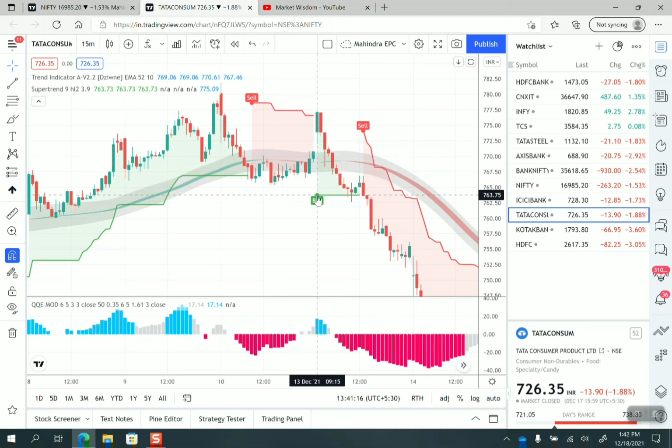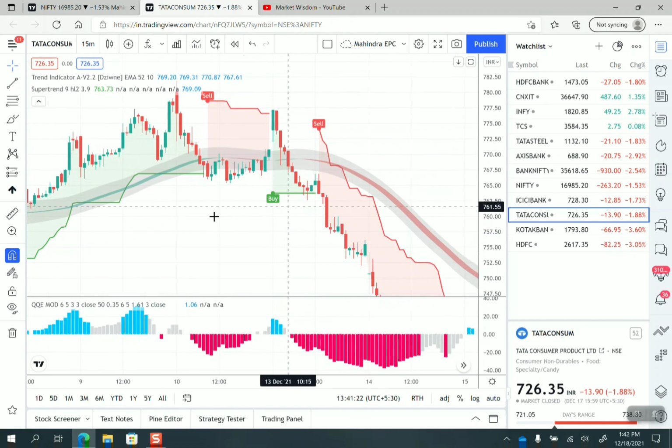In this case we have one entry, a buy indicator. It has given us a buy indicator. Let's check whether this strategy works in this case or not. It has given us blue lines over here, blue oscillators on QQE mode. The indicator here is showing buy. This line is very faint green, but still if someone had taken entry on this candle, then the stop loss would be this one, 767. In this case this did not work, so it came down.